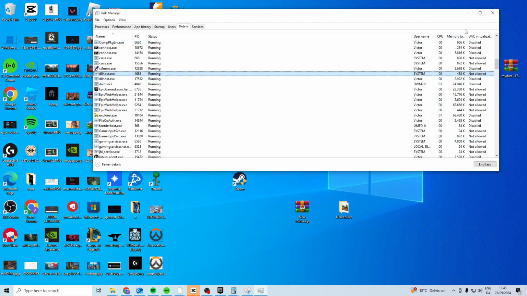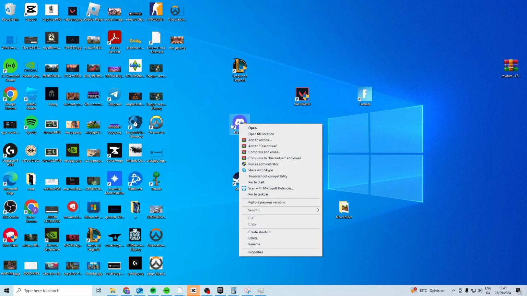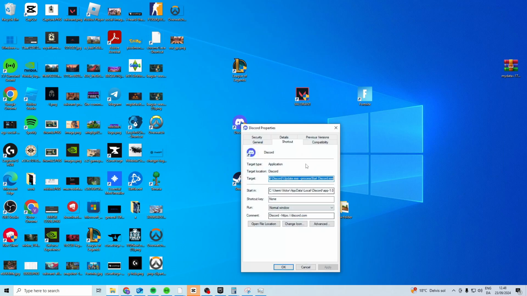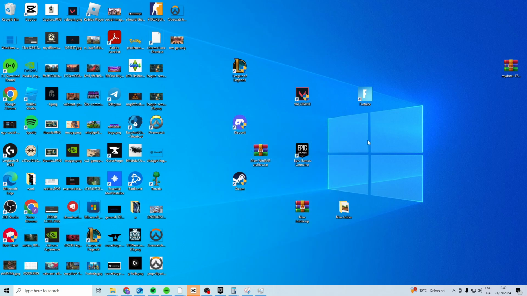Now after that, what you can do is try and locate your Discord installation. In here, go to Properties, Compatibility, and activate these two. Now if you just got the Discord installer, you're just gonna head into your downloads folder and do this trick